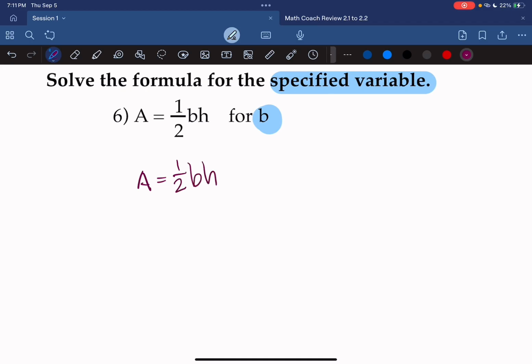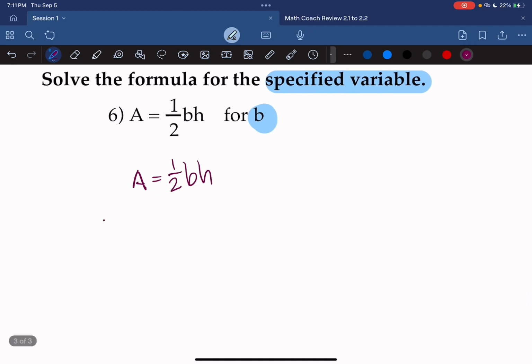So we have to isolate b. But why don't we get rid of the fraction first? So, like we did before, how do we get rid of a fraction? We multiply everything in the equation by the denominator so that it cancels out. So we do 2 times a, 2 times 1/2 bh. So 2 times a is 2a, and then 2 times 1/2 bh is going to be